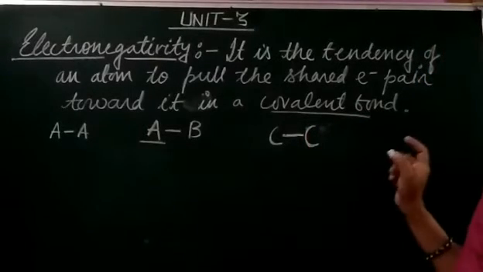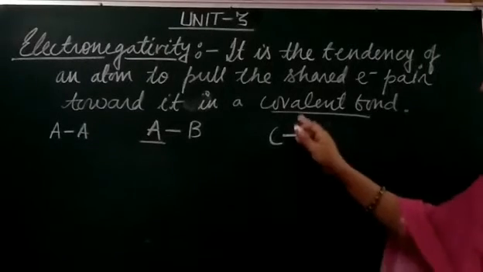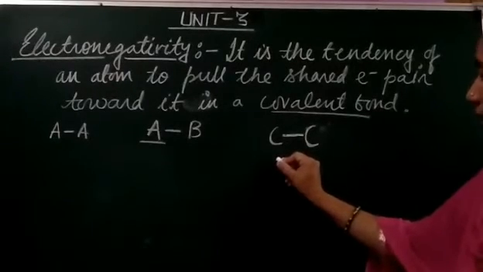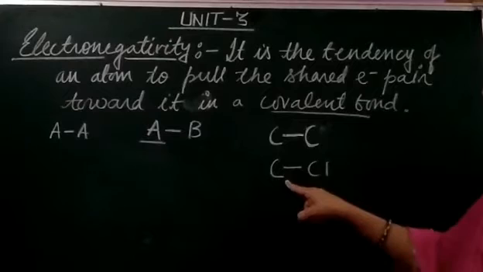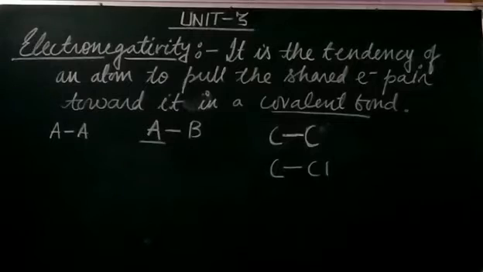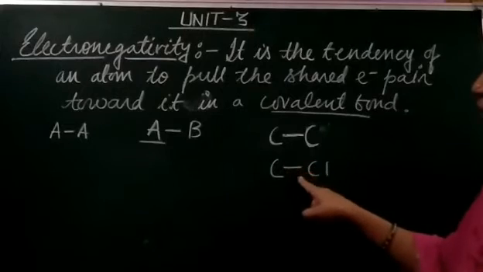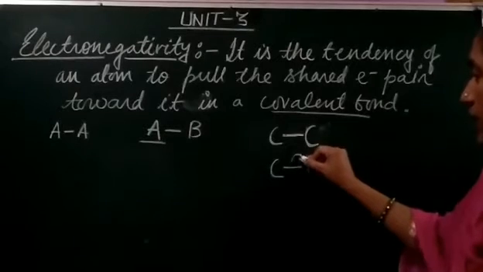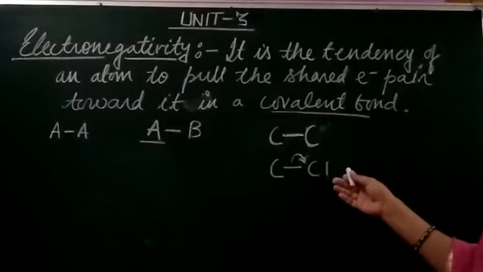Here, they are homoatomic, and the shared electron pair will be equally shared between the two and will be at a mean position, right? Now, if we have a compound formed between C and Cl, here students, definitely Cl is comparatively smaller in size than carbon, right? So here the shared electron pair will be tilted more toward the halogen, that is the chlorine atom,